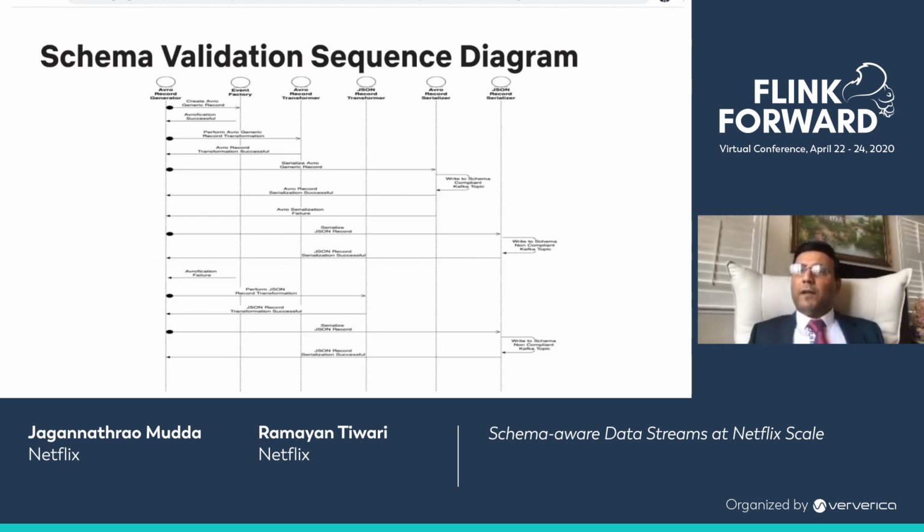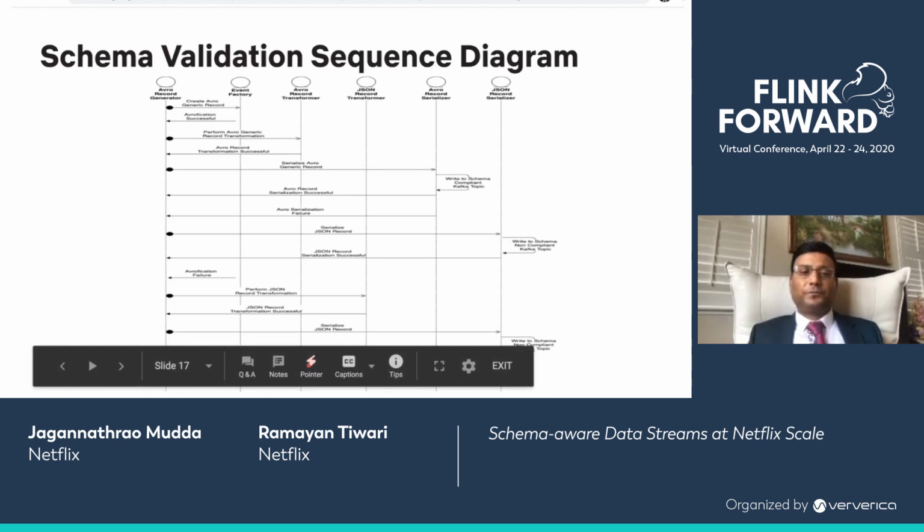The sequence diagram represents the sequence of verification steps including validation steps. As you discussed in the previous slide, the schema validation happens at two different levels, one at verification and the other one at Avro serialization. From the sequence diagram, we can see that when there is any verification or Avro serialization failure, the original JSON record is enriched, serialized using JSON serializer.